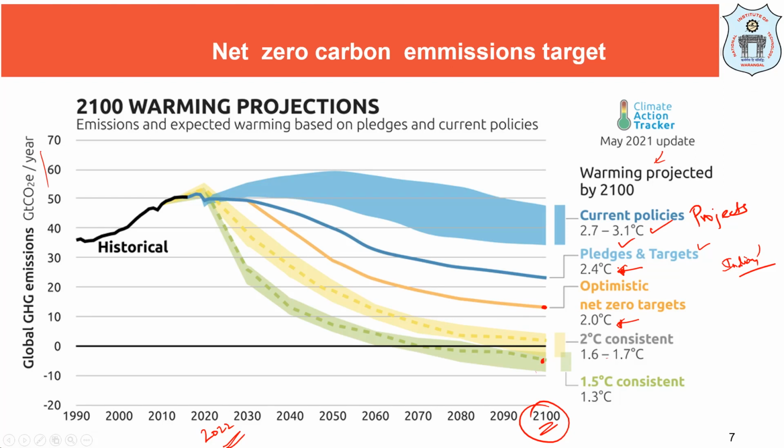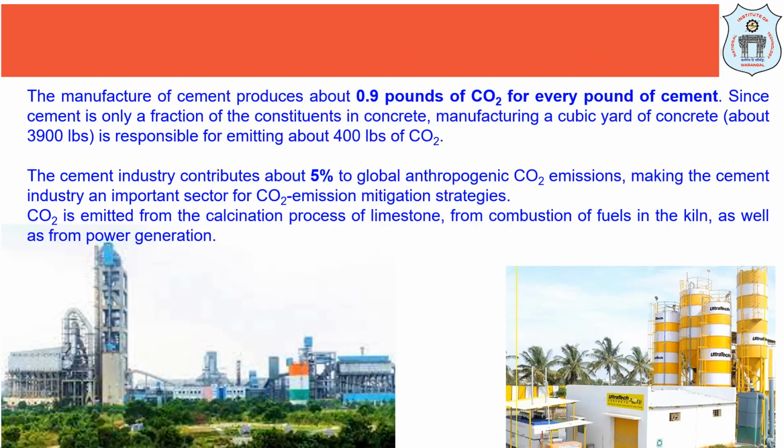Before getting into these high temperature fuel cells, let us see the motivation for why they are significant. If you look at one particular chemical industry, the cement industry, in India we have several cement industries. India is one of the major producers of cement. Any cement industry produces 0.9 pounds of CO2 for every pound of cement manufactured,